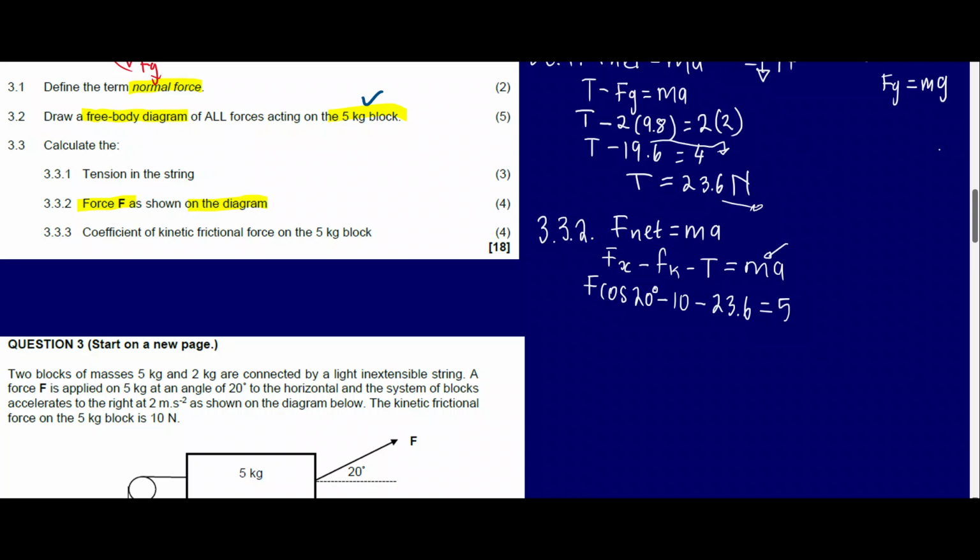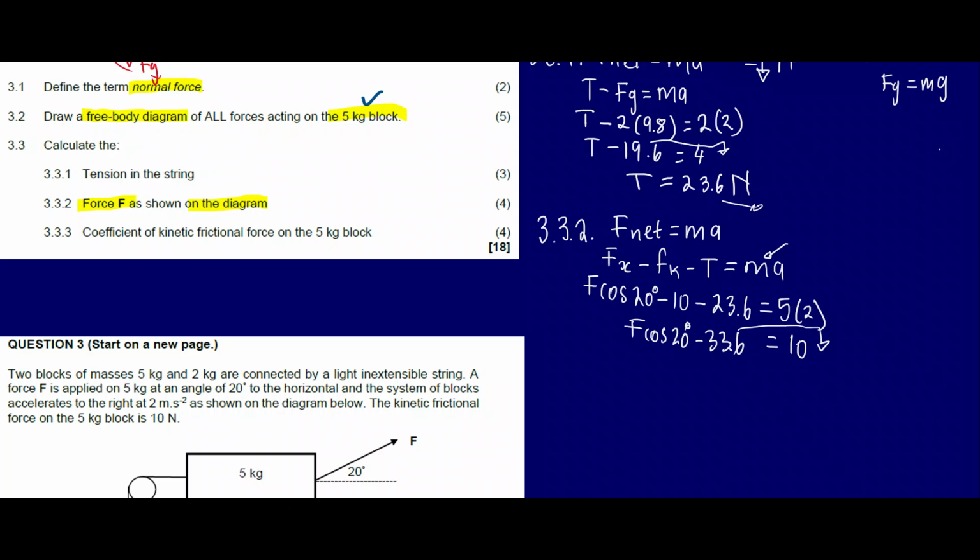So what is the object's mass here? The object's mass is going to be 5 kg, and then times the acceleration. The acceleration was said to be 2, so we can quickly calculate that. If we do this properly, we'd see that this is going to be F cos 20 minus 33.6. So let's just confirm that. It's minus 10 minus 23.6, so it's going to be minus 33.6, and when you transpose this to that side, you will see that you'll get 10 plus